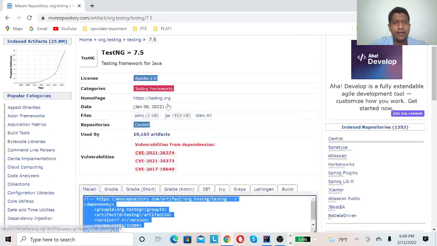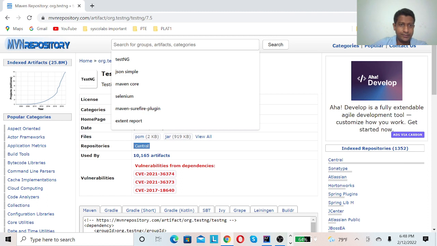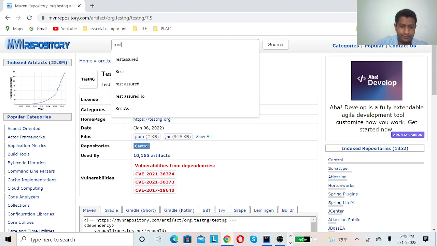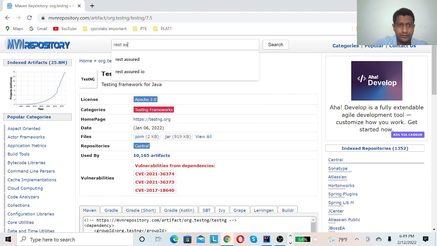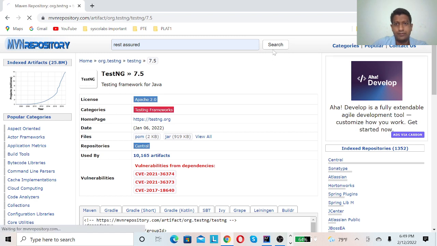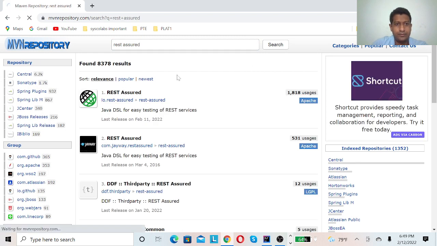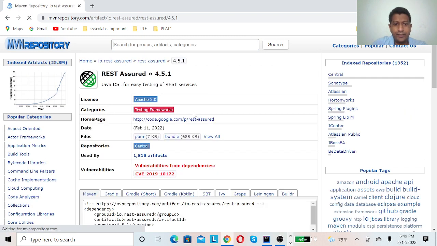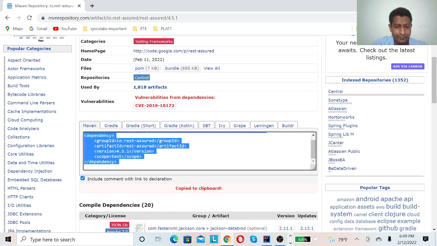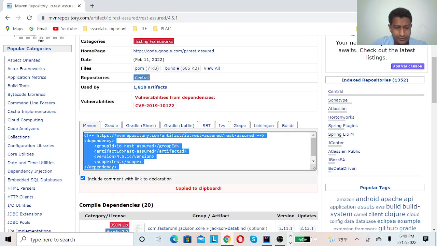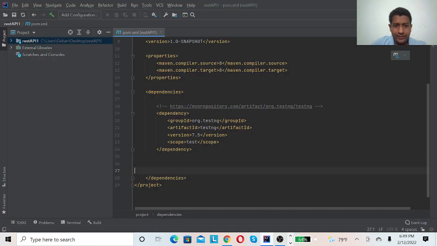Then I need Rest Assured. So I will take the latest one, copy the dependency and paste here.